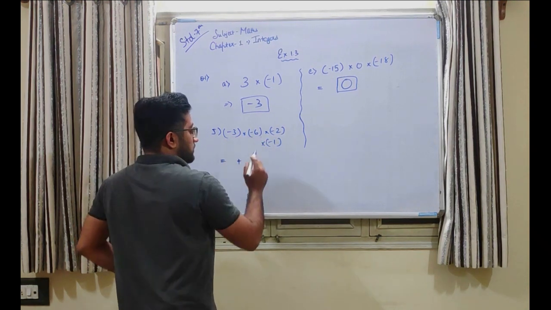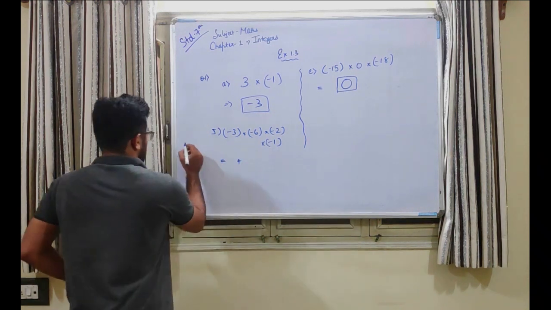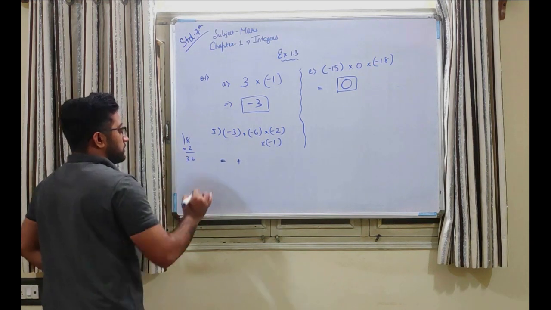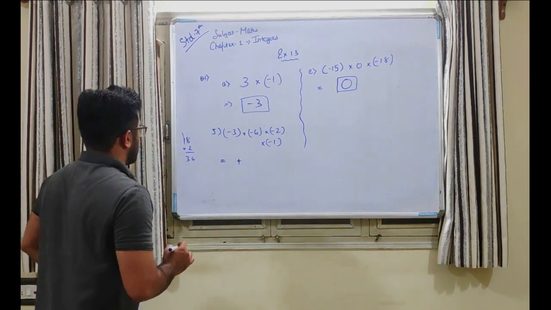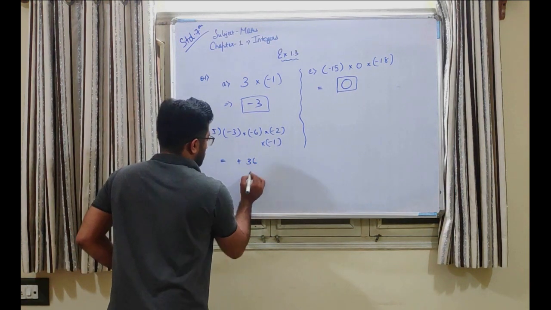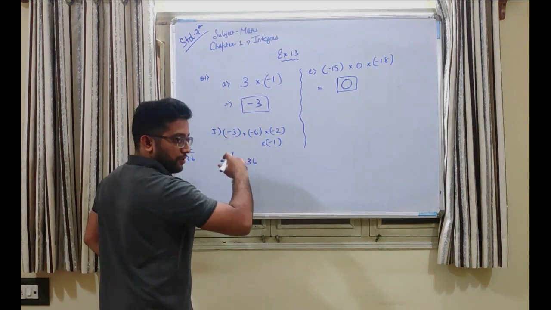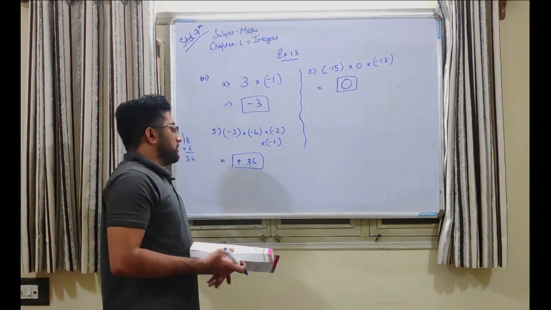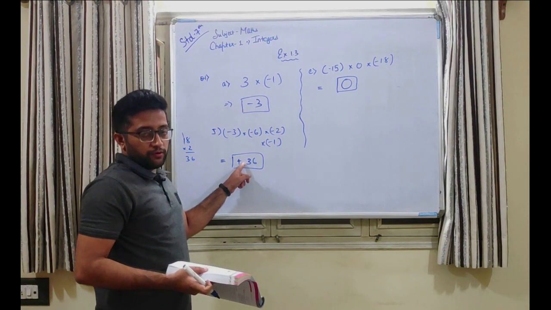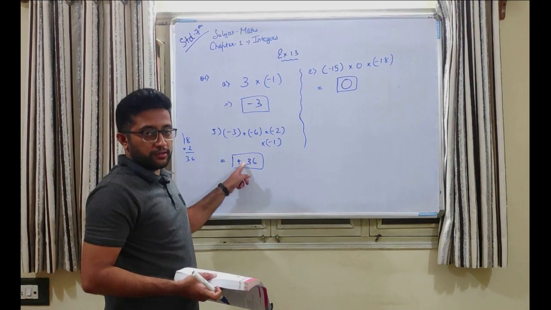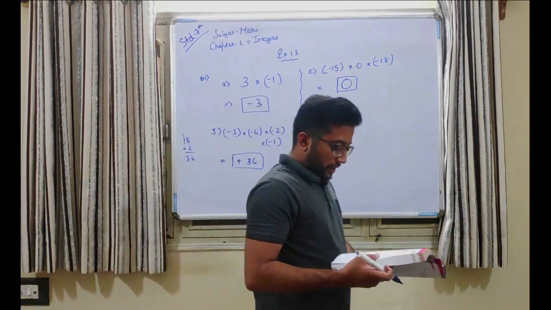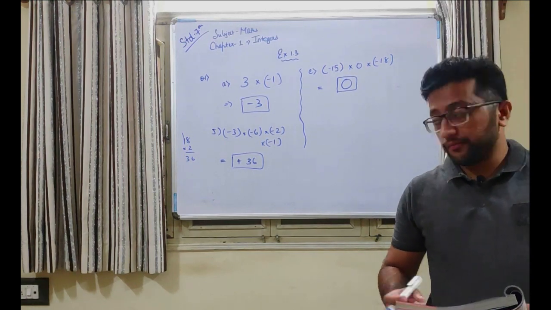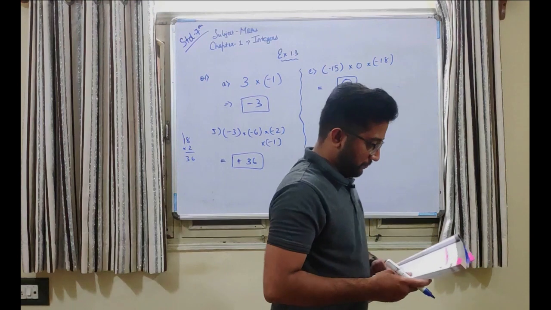I think 18 into 2, yes, let us solve. 18 into 2, 36. Okay, so final answer will be 36, because 36 and then it's 1, so 36 into 1 it's 36, so positive 36. This sign can be removed by you. I have just written it for the sake of your understanding. Otherwise there is no need to write positive sign before the number. It is assumed that if there is no sign before the number, it's positive.